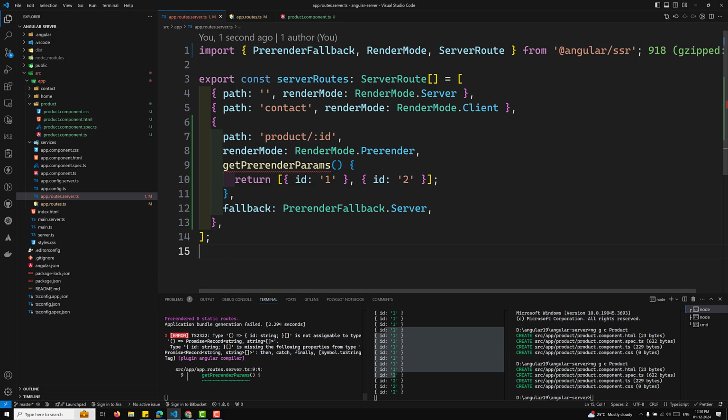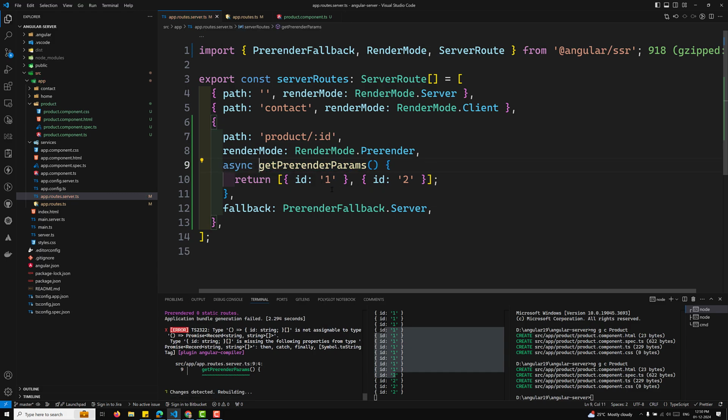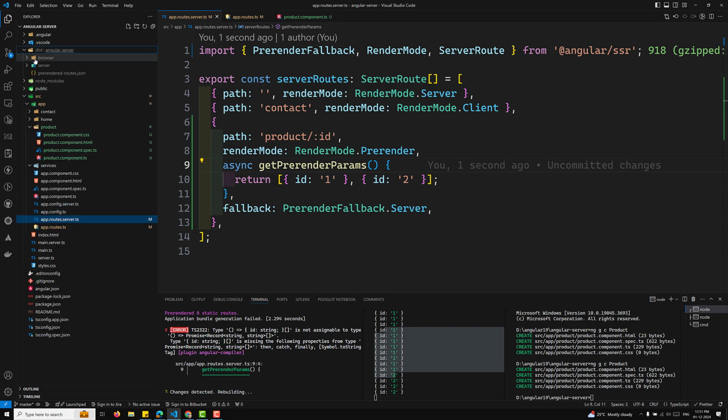Here we are able to see that it should return a promise from the type. It should be a promise, which means you can use the async. That's it. Like this you need to use it. Now if I try to build this, it is rebuilding. If you rebuild it in the dist, you will be able to see only ID 1 and 2